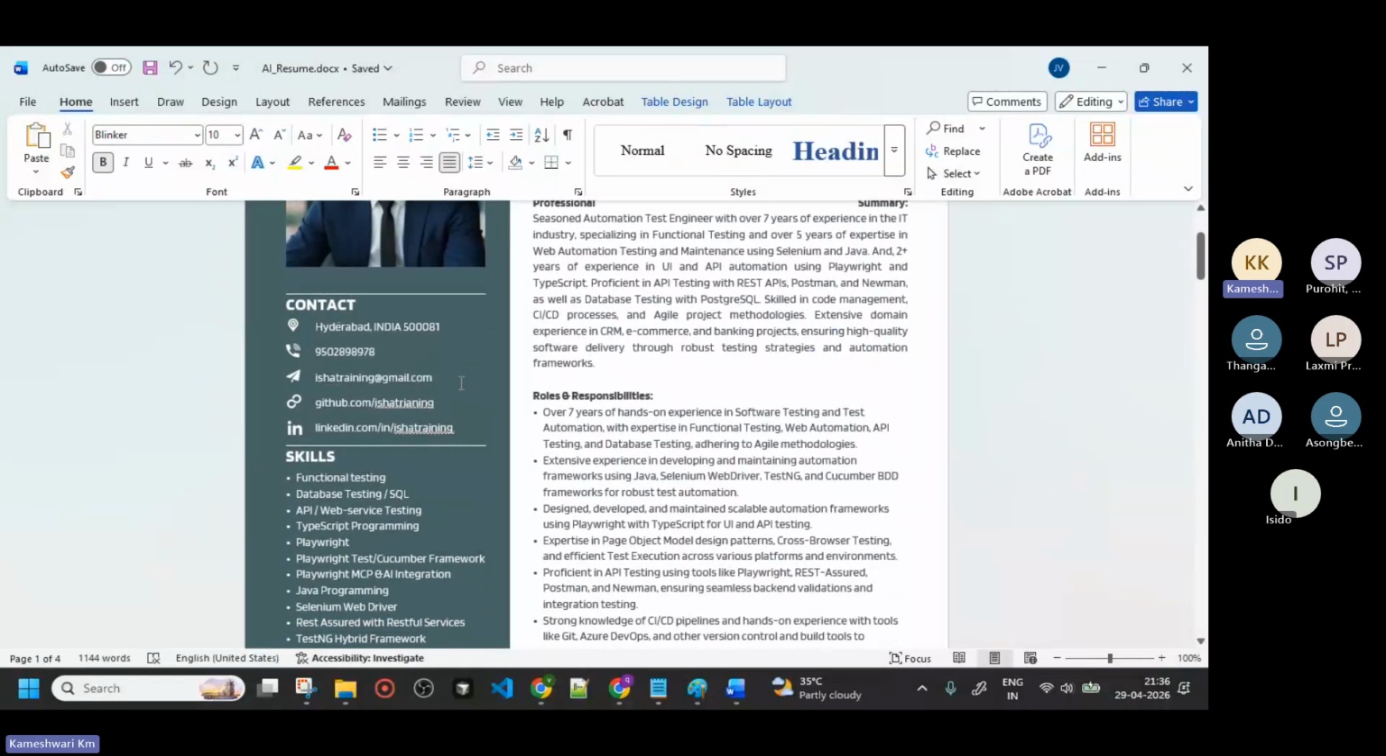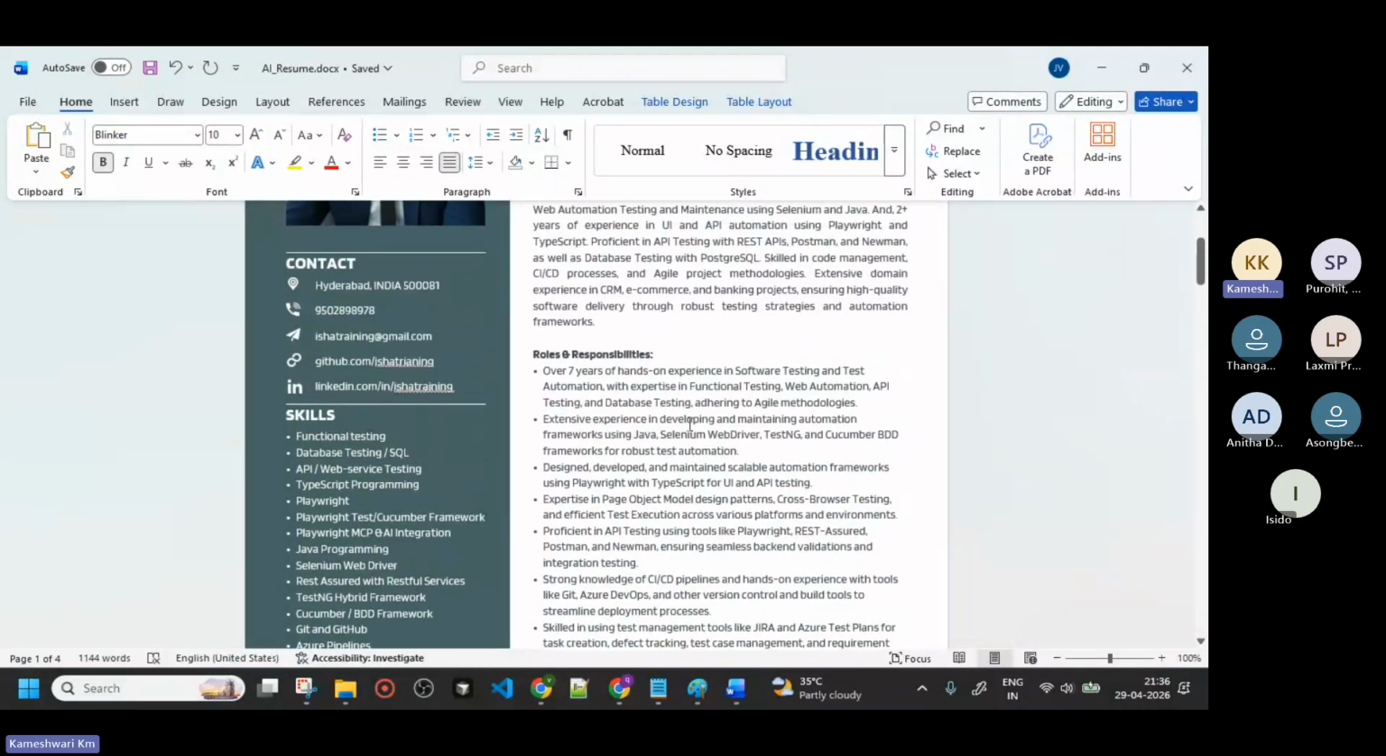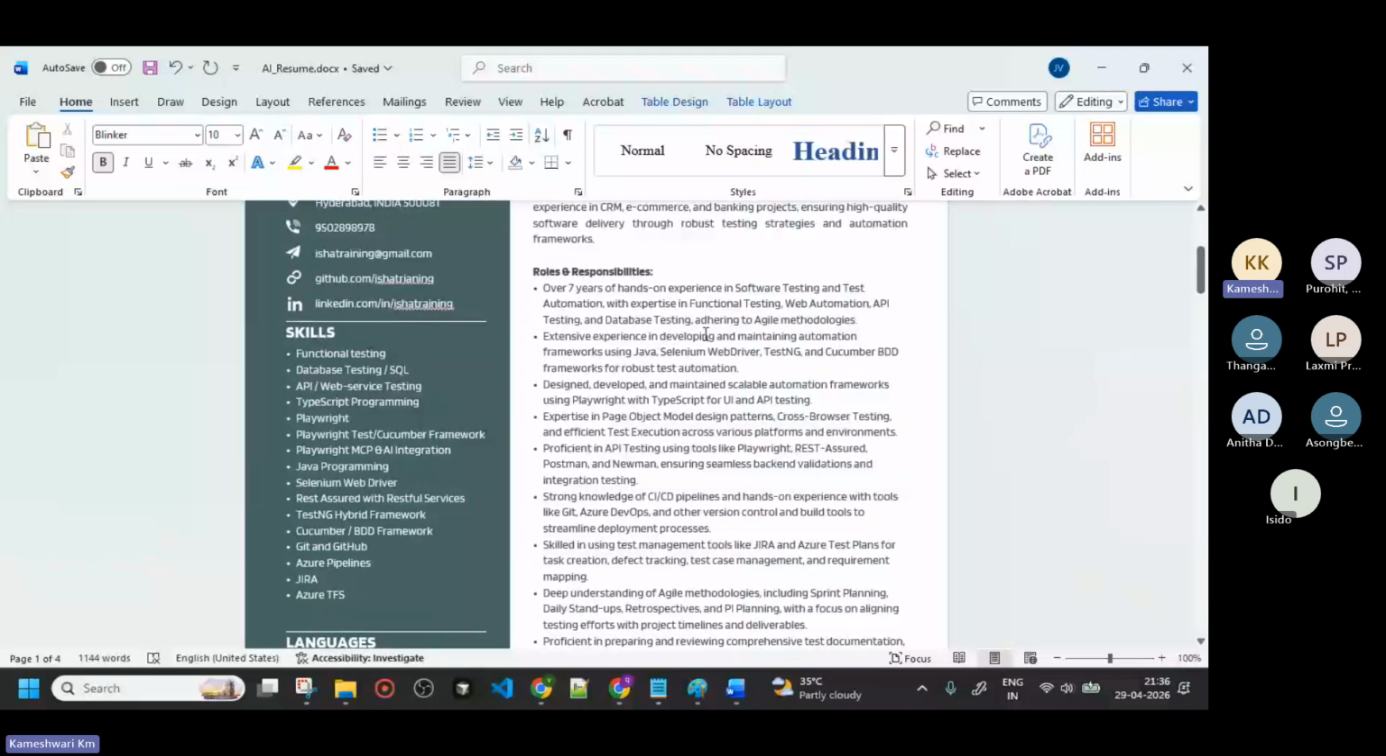If you have any email ID, GitHub ID, LinkedIn, even if you don't have GitHub, it's fine, but it's mandatory that you provide your email ID, LinkedIn ID and the skill set. I have listed most of the skill set, but as per your knowledge, whatever skill sets are preferable, you can add the skill sets and roles and responsibilities, like how many years of experience you have, what you are doing, what the